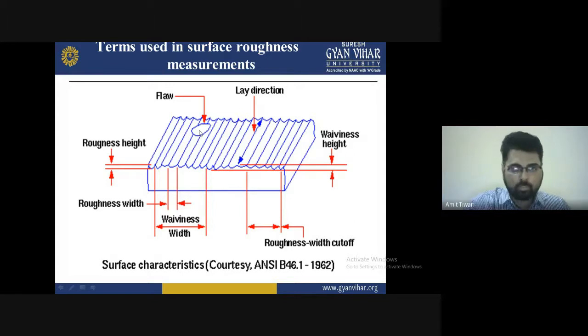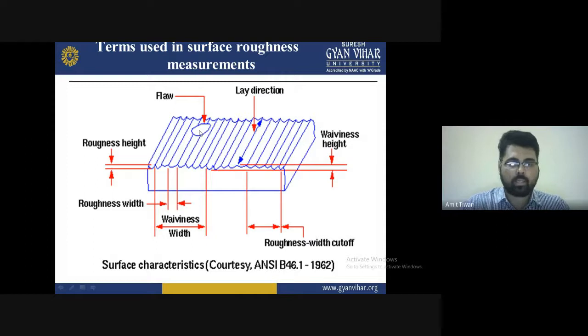For maintaining the layout direction, keep in mind that during the machining operation, the cutting parameters are responsible for it. A good surface finish is obtained by a good cutting speed. If the cutting speed is not high and the depth of cut is large, some roughness and an irregular surface may be obtained, which is not responsible for degradation of the material.